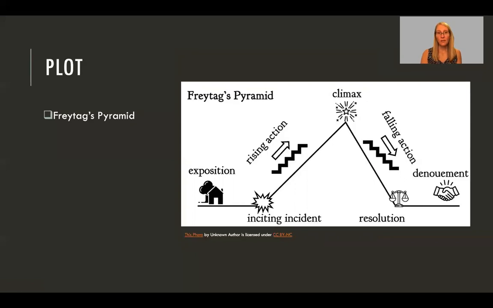Every once in a while, oftentimes in Hollywood movies, the exposition is skipped and we just dive in medias res. We just start with the explosion. We don't know what's happening, and we move on from there and figure things out as the characters figure things out. So these are not prescriptive. These are not rules that have to be followed meticulously. Authors take these concepts. Generally, these things work well for short stories, and then they customize them and make them fit.